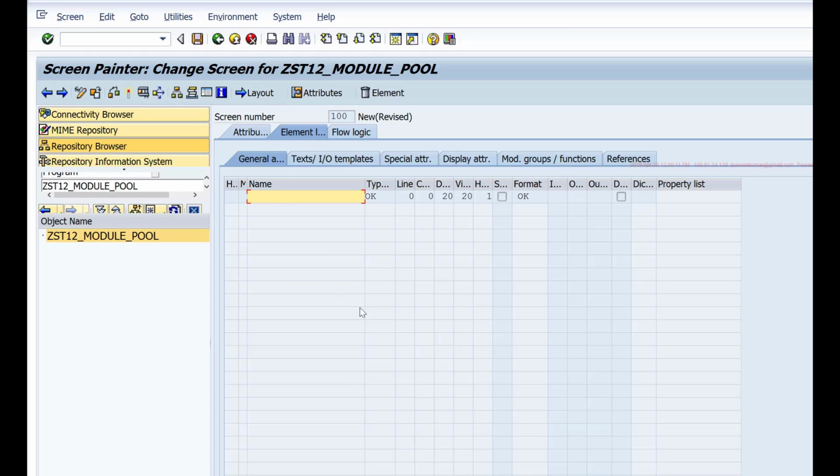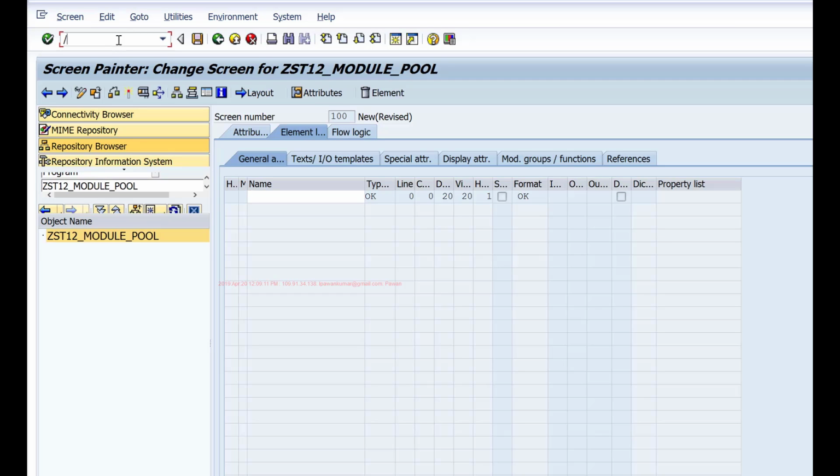So we'll understand all about module pool programming. We'll understand what are the various elements that you can create on the screen, and this screen has its own events. There are 4 screen events, so we'll discuss those events, and we'll see when they are triggered and how you can use those events in your programs. So we'll be learning all of that.